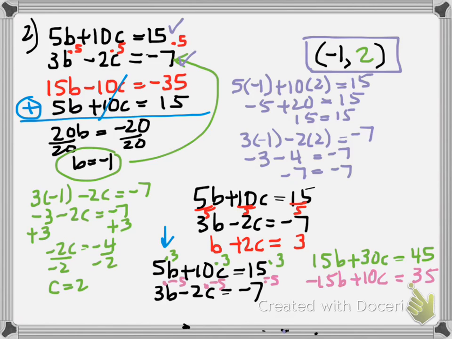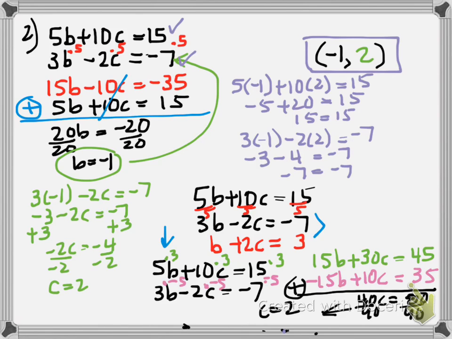Okay? In both of these cases, I would end up getting exactly the same ordered pair. And we could show real quickly on this one how that would work out. When you added here, you would eliminate the b's. That would give you 40c equals 80, and you divide by 40. Sorry, I'm doing my math backwards. And I get c equals 2, which is exactly what we had the first time we went through this. On that other case where I divided by 5,